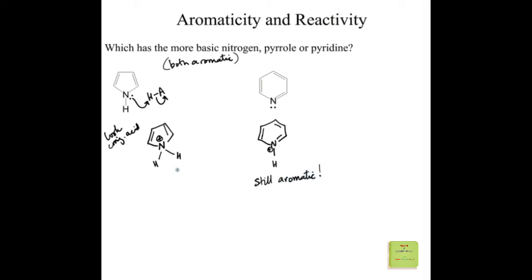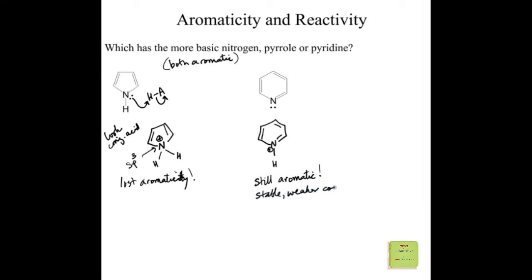How about the protonated pyrrole? This is now sp3 hybridized, so we've lost our p orbital, which makes it impossible to be aromatic. We only have 4 electrons, so even if it was still there, we wouldn't have the right number of electrons. And so this has lost aromaticity. Does that sound like a good reaction? No way, because you're so stable, and if you give up that aromaticity, you lose that stabilization, you go higher in energy. So because this is still aromatic, this is the more stable,